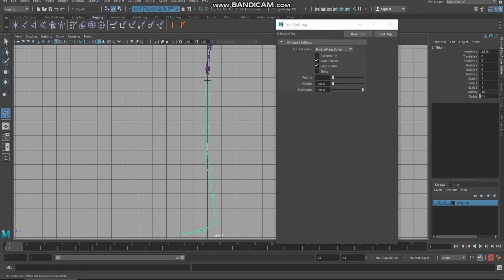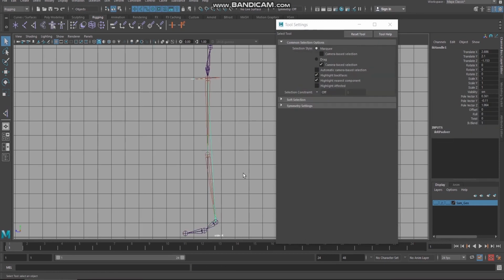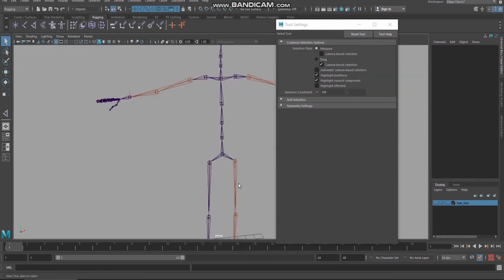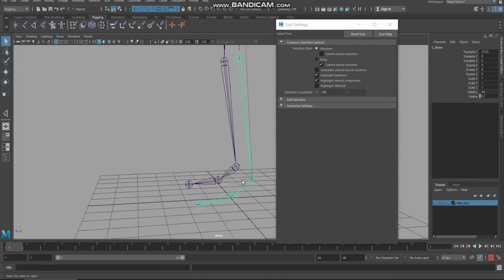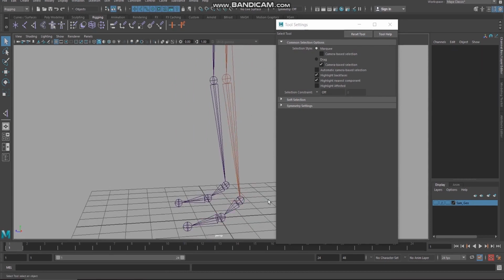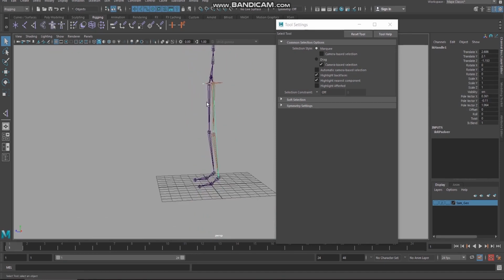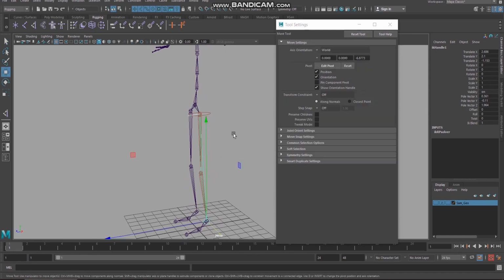I am clicking on the left hip and the left ankle. The IK handle has been created. You can see the color change. See, it is working fine. You can see the IK handle is working fine. But